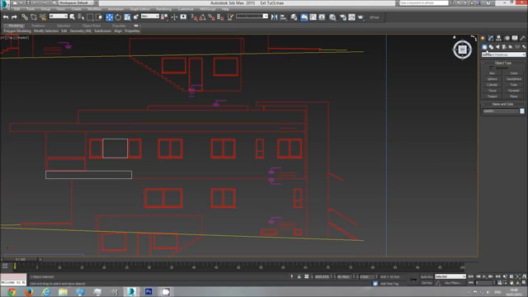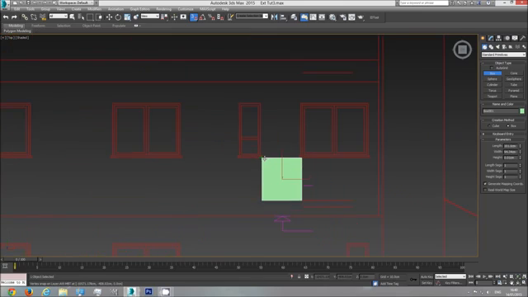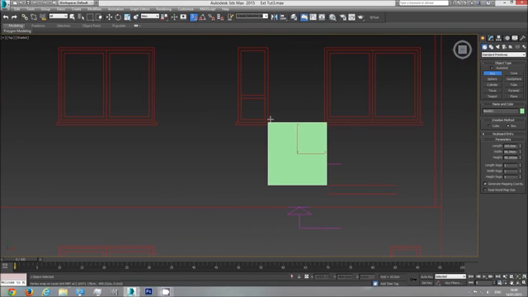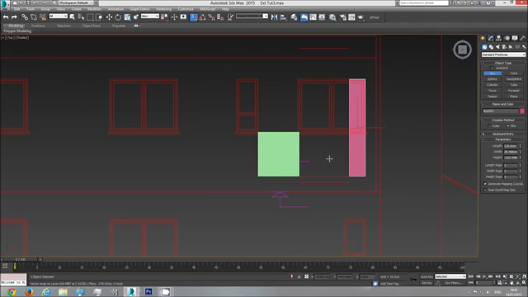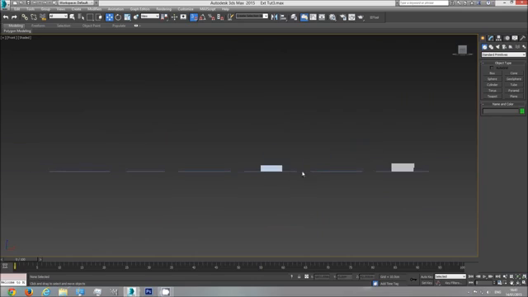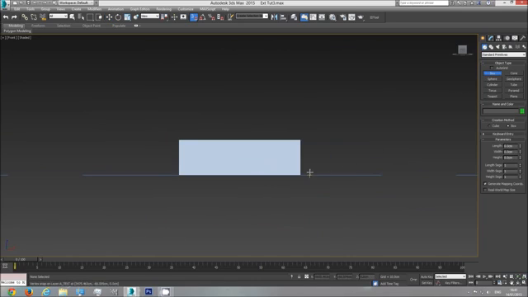We're going to create a helper box, using the snap toggle from this point, which is the floor, to the bottom part of our window. The height of the bottom part of our window is 105 centimeters. The top part from the floor is 230. So 105, 230. I'm going to go to the front viewport and create one box, which is 105 height,